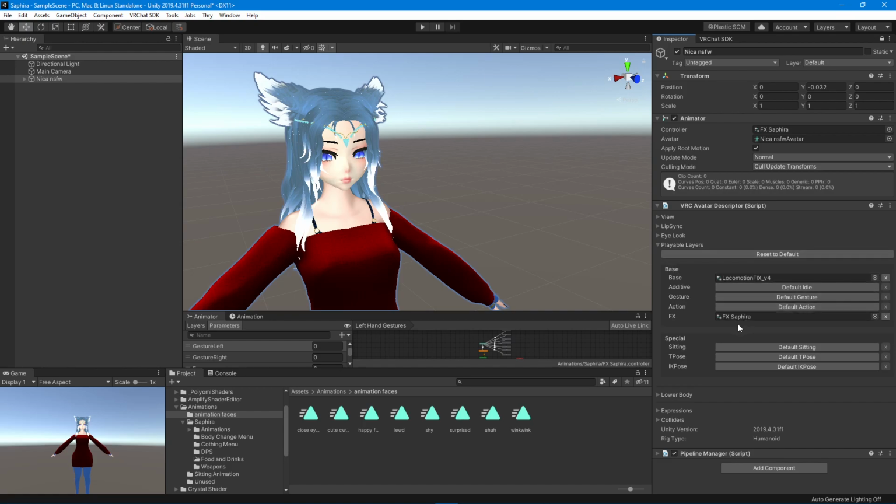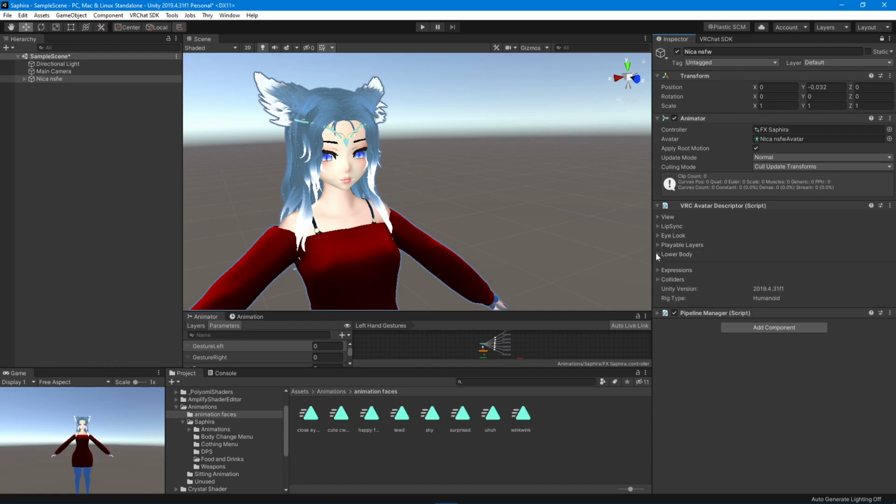Once you get these set up for your playable layers, go ahead and just collapse that. Lower body, if you don't want 6-point tracking or locomotion, you can just uncheck that, leave that checked, and you're good to go. Because if you're using full body, you're going to be sliding around. Now, expressions, that's where the,